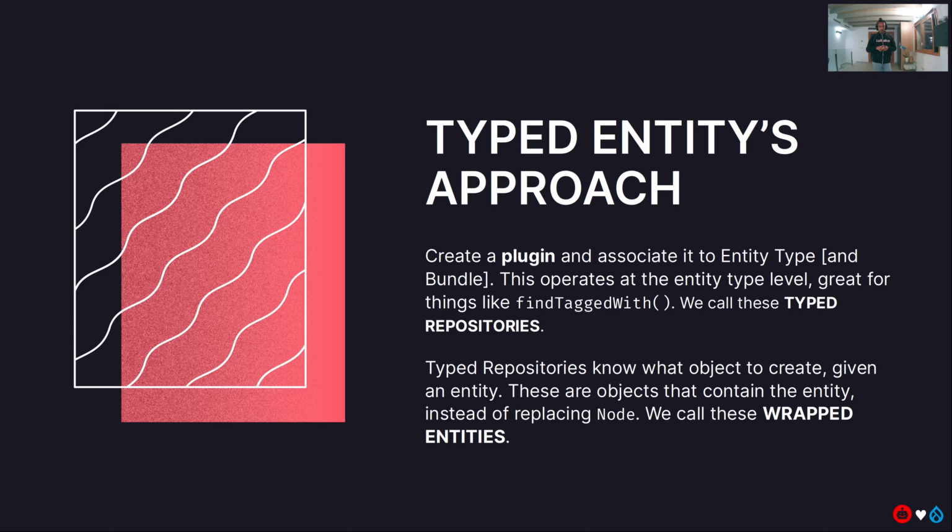And then you just extend from a base class and you're done. And that is called a type repository, because that is not dealing with a specific entity. It's just dealing with the entity type and bundle. And in there, what you will put is logic that doesn't apply to a specific instance of a book, right? But you would put something like find books tagged with whatever, and then you pass the name of a tag,